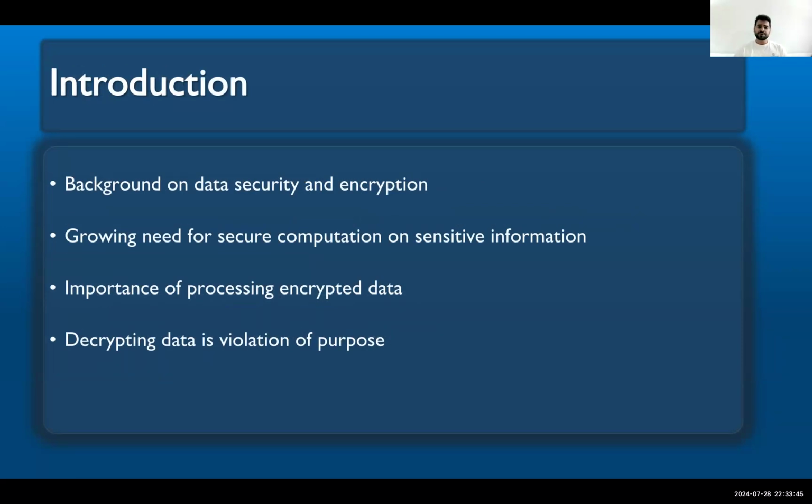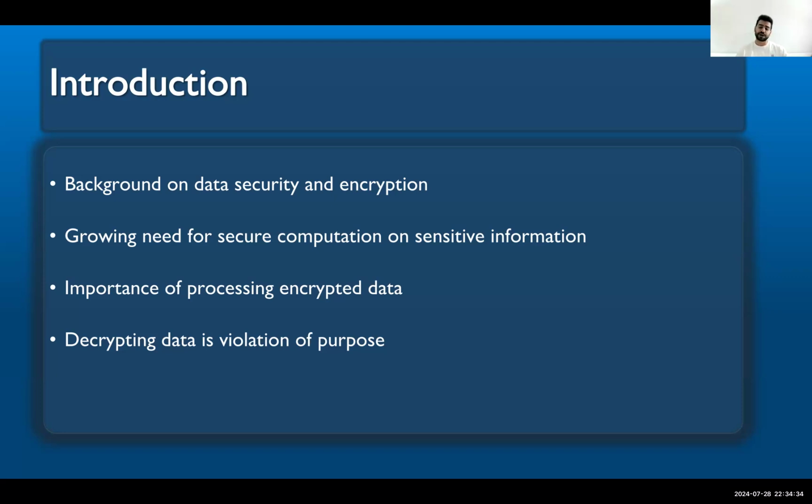Okay, we live in a world with a tremendous amount of digital data, and many of them contain sensitive information. So we cannot store it or transfer it in plain text. We have to protect this data, protect this sensitive information. There are several schemes, several methods to protect data. They're called encryption. We encrypt the data, store it or transfer it to another location. And after that, when we want information from the data, we can decrypt the data and retrieve our desired